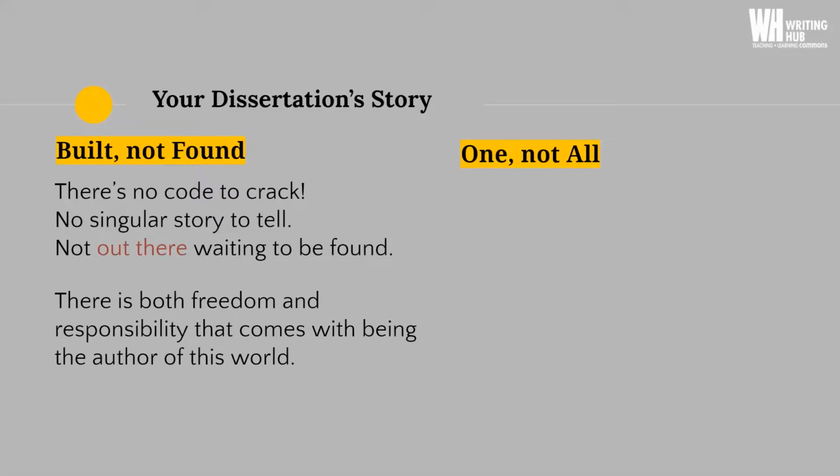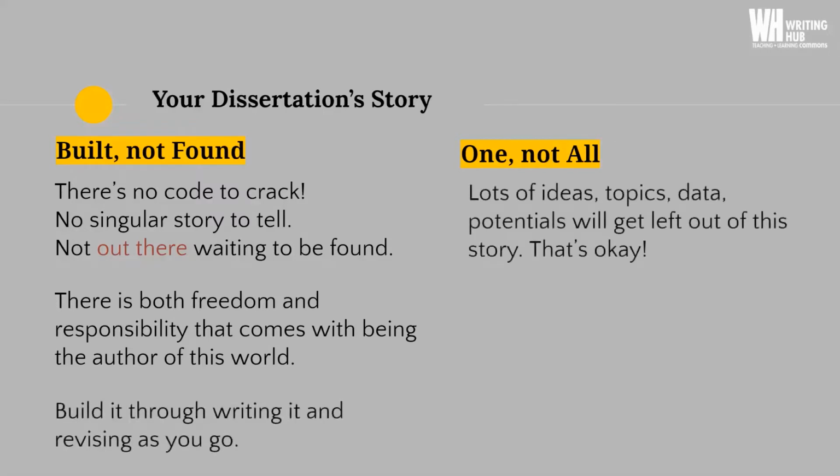And in that process, you will realize there will be things that don't work, that actually you need to change the direction that you thought you were going in because there's more bricks over here that you need to integrate. And that's okay. There's both freedom and responsibility that comes with being the author of this world. You get to create this world that your reader will experience. And so there might be some false starts with that. There might be some wrong turns and you have to make a U-turn sometimes, but that's okay. You will build this story one piece at a time. You won't necessarily find it waiting for you in your data.